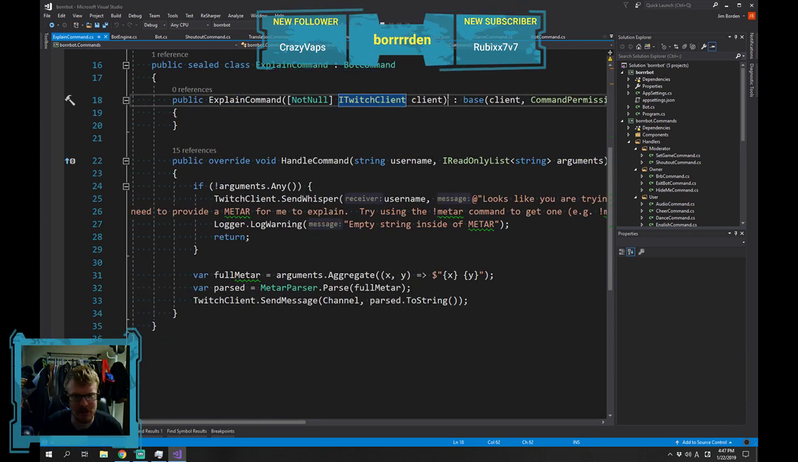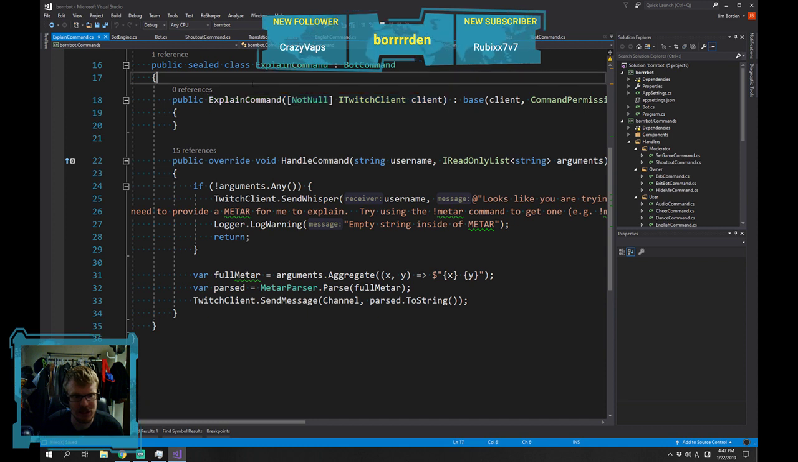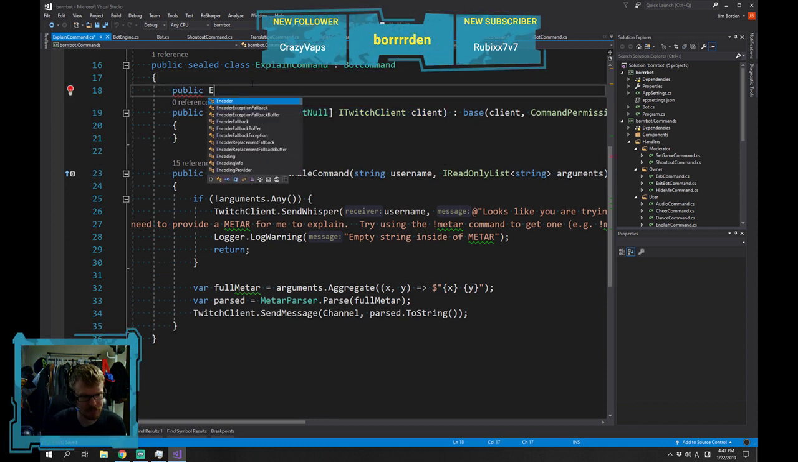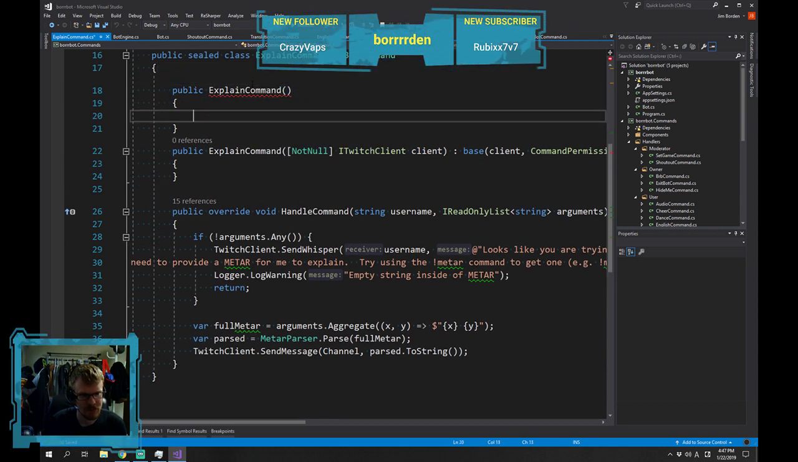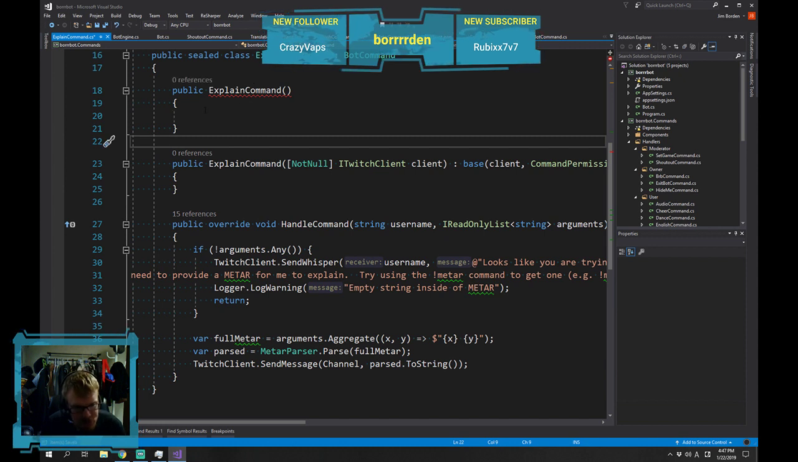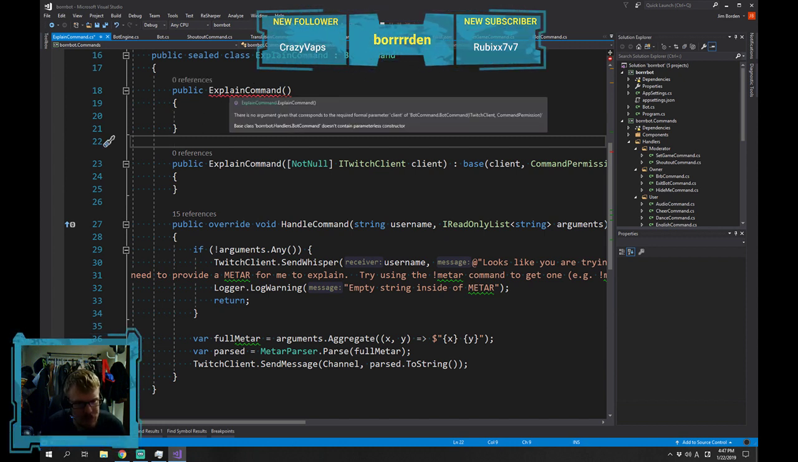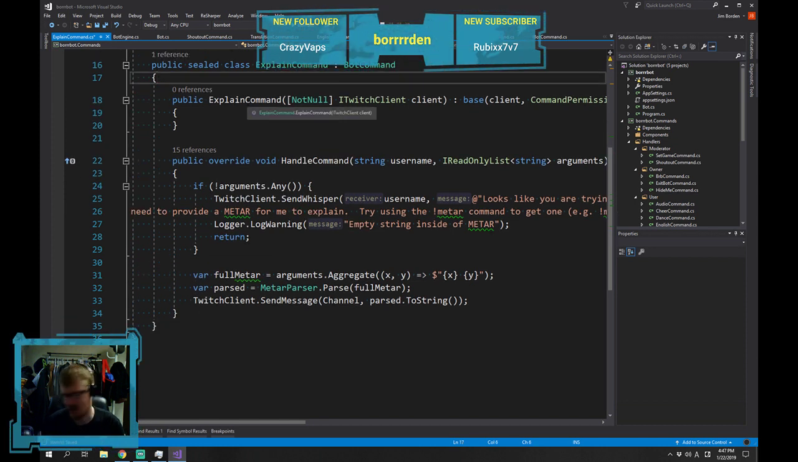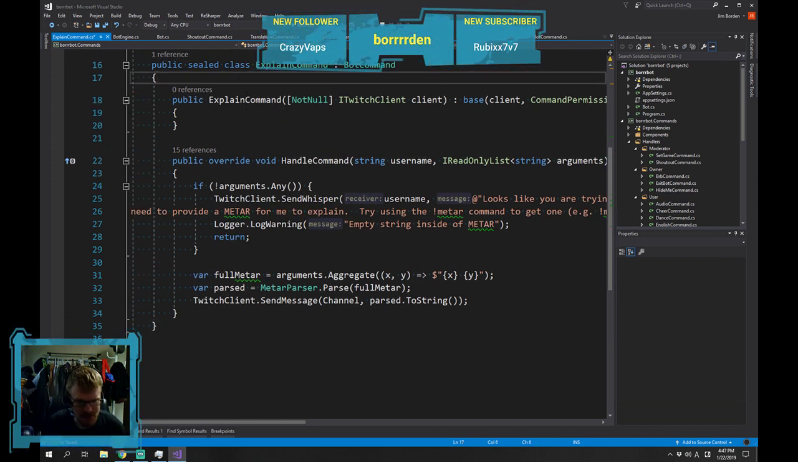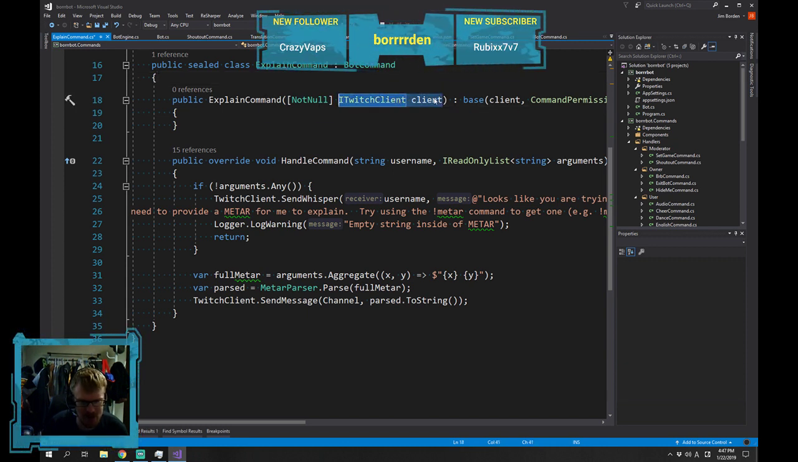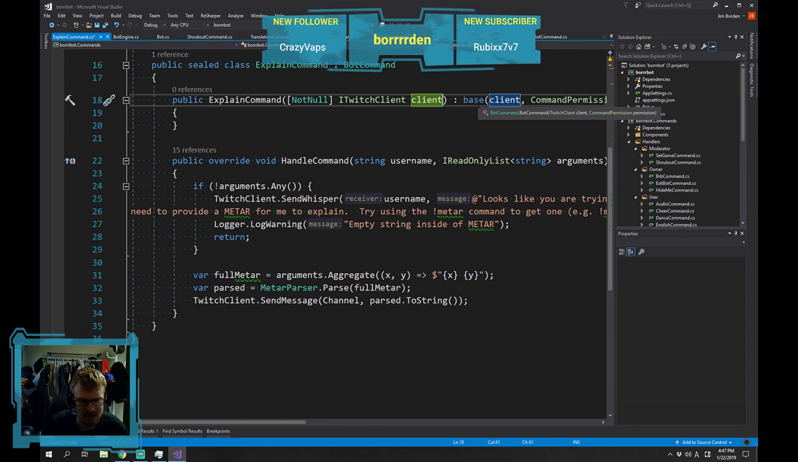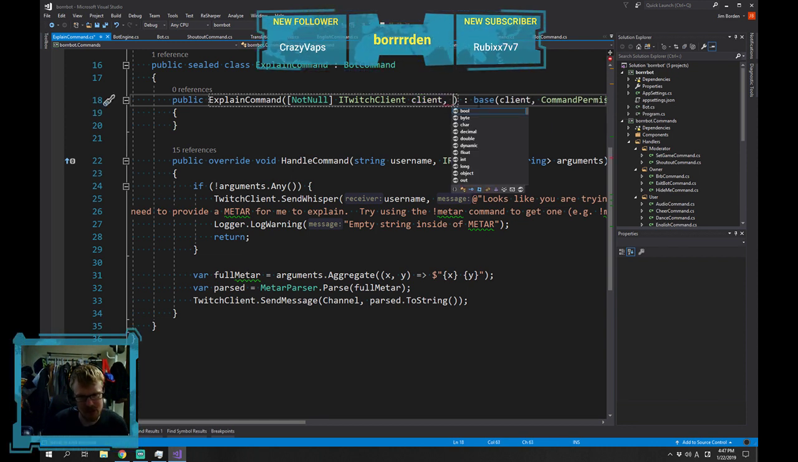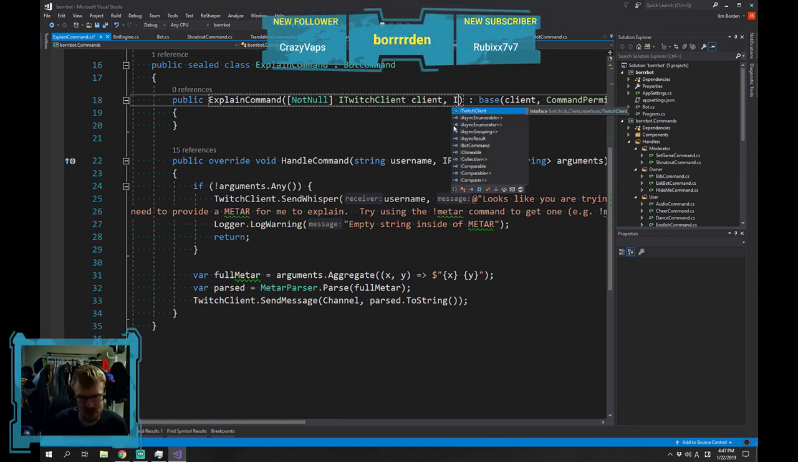command, first it tries to create it like this, with nothing. But it fails because that one doesn't exist. So next it tries to look at the other ones and see if everything in here it knows about. For example, it knows Twitch client, but it doesn't know